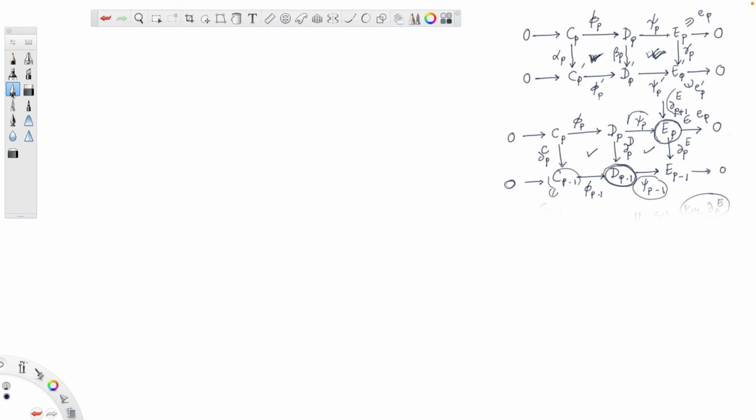So we need the commutative diagram that we drew in the beginning of the proof. Yes, which is this one. Okay, we are going to need this commutative diagram, and